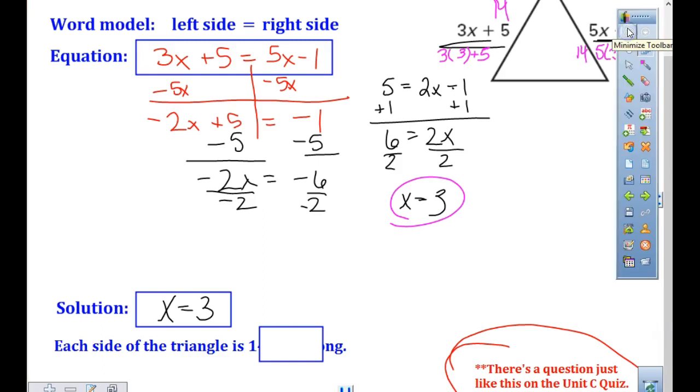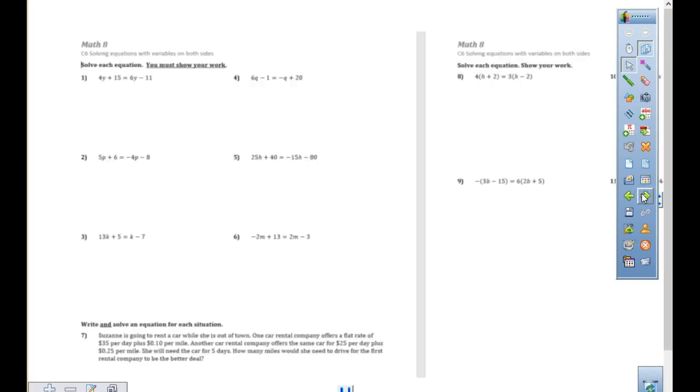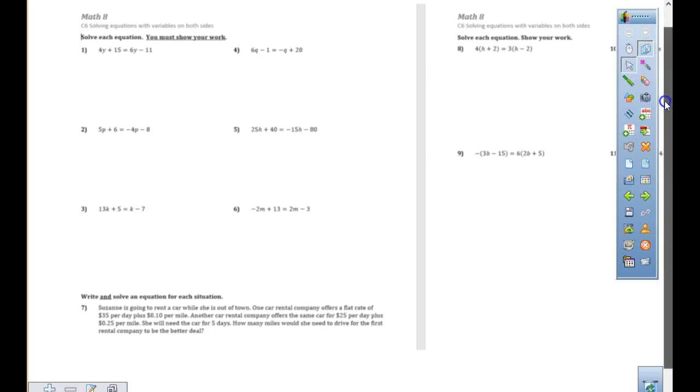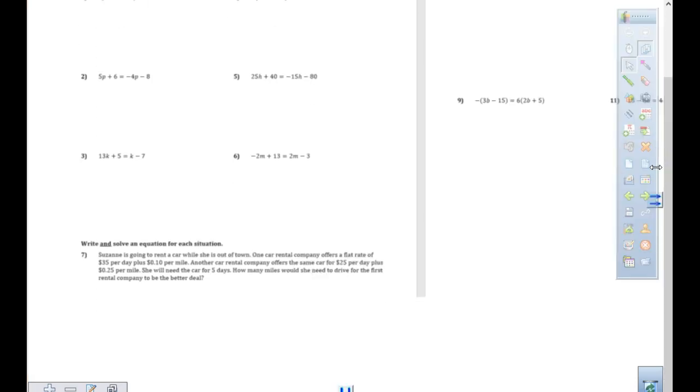As you were looking. So keeping in mind that you will probably see one like this again, right? In one of our tests. So your homework tonight is looking at this page. And right now, let's look at number 7. I want you to look at number 7 and read through it, and I want you to try to write